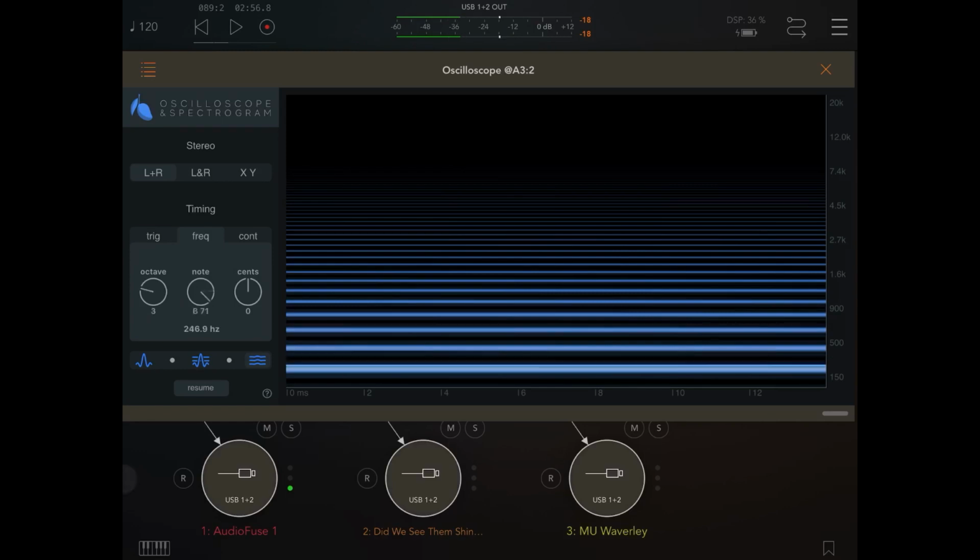If I hold my finger right over this note here, you can get a fine tune situation going on where you can see how far it is out of tune, say if it was a guitar or something, and then you can retune the guitar to suit, or the synth, whatever. Okay, so